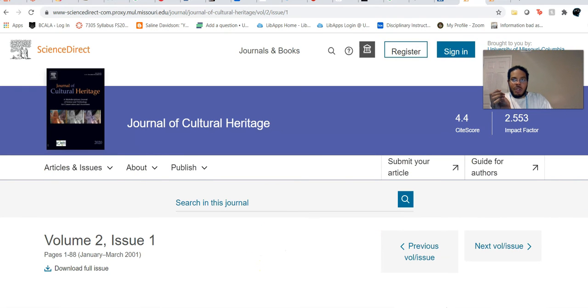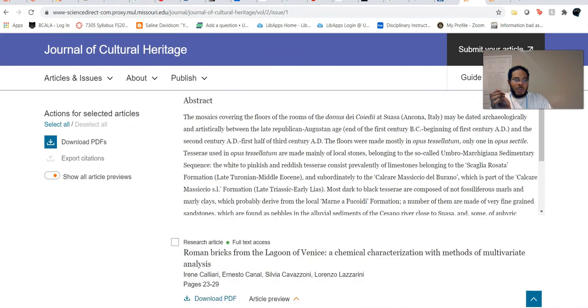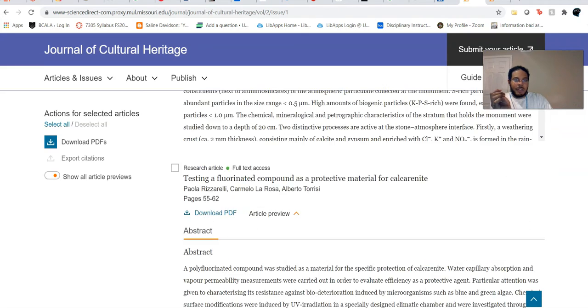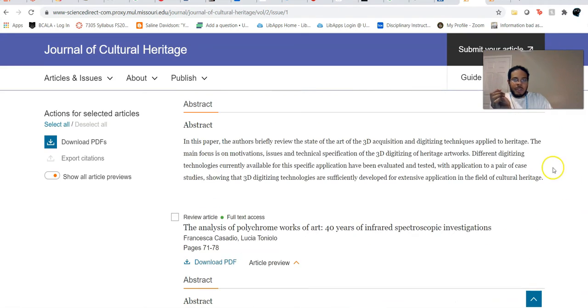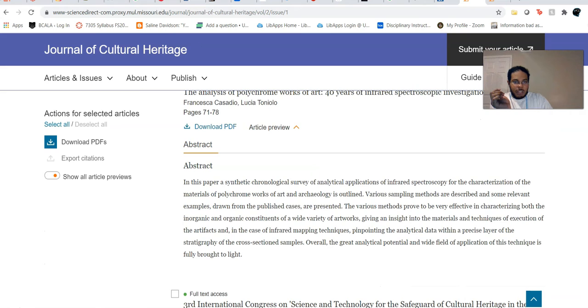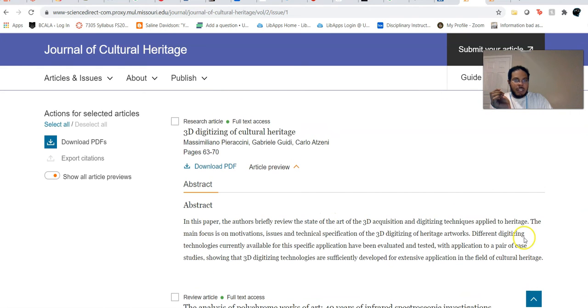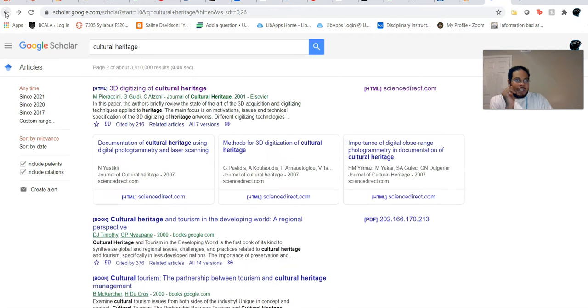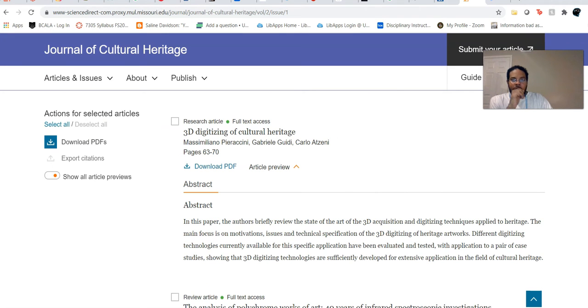And then when we go to this link, we scroll down, we scroll down, we scroll down. Okay, so we've got all this. All right, and this is our article here. So as you can see, did I get rid of my Google Scholar? There we go. So we had 3D digitizing and cultural heritage, and as you can see, once we scroll down,